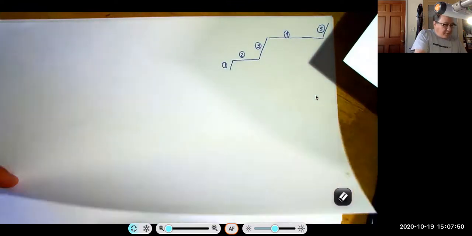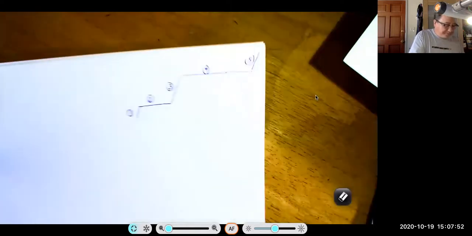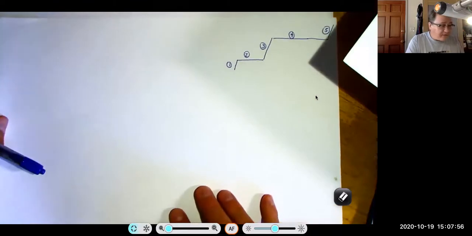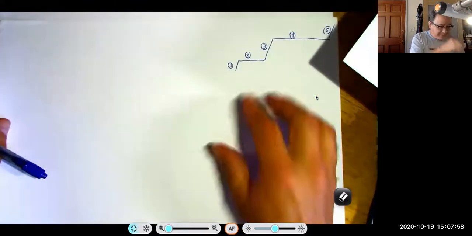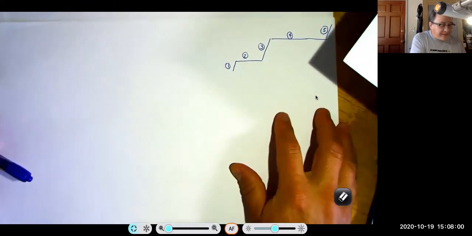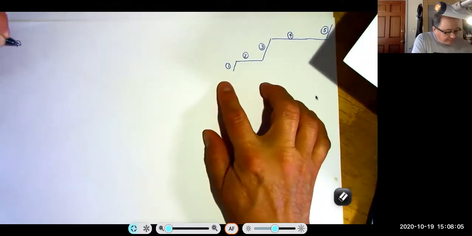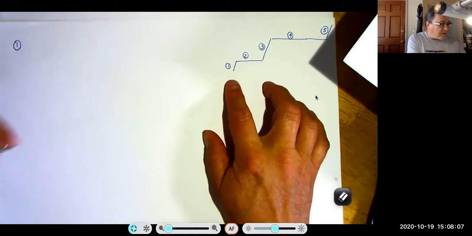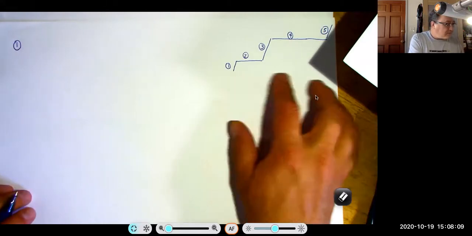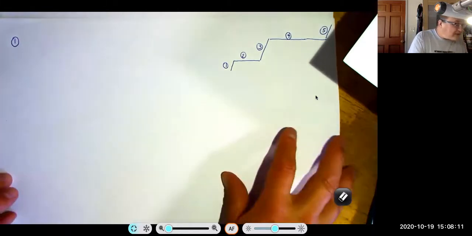So let me pull the problem back out. So we want to calculate the energy for each of these changes. Now they tell us that the heat of fusion is 333. So for number 1, we're actually going to need the, let's see,